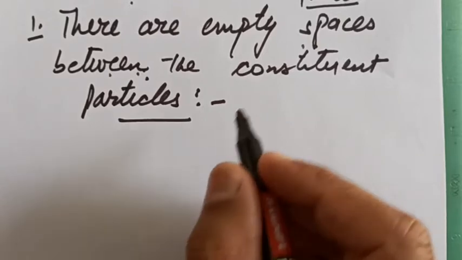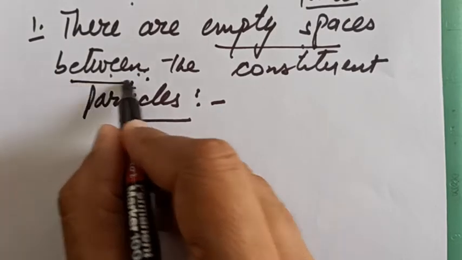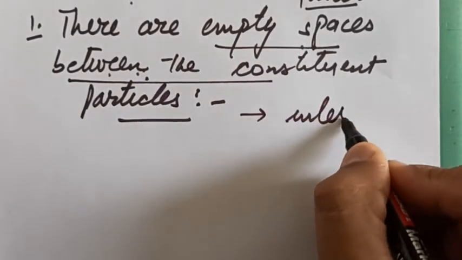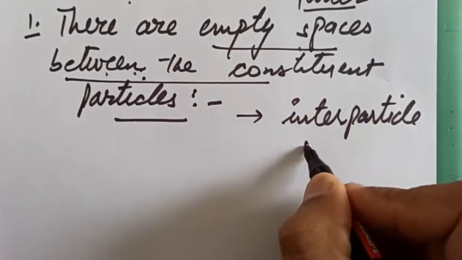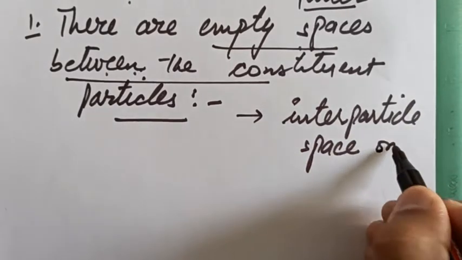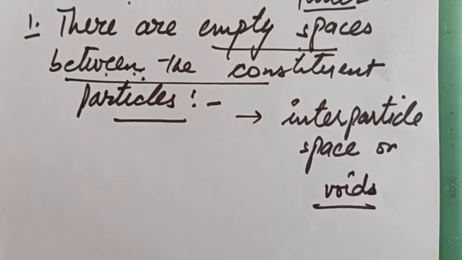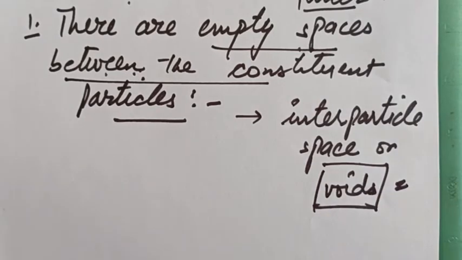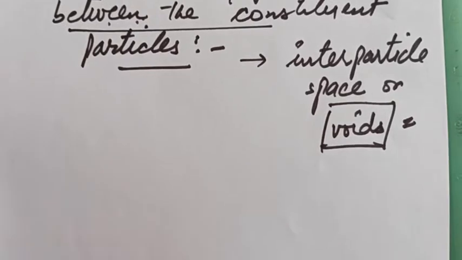The empty spaces between the particles, what do we call them? We call them interparticle spaces, or they can also be named voids. Clear. Now the next characteristic for the particle nature of matter is